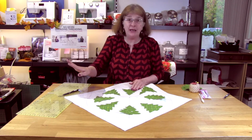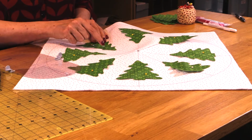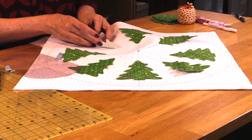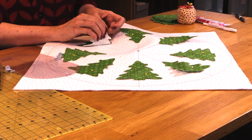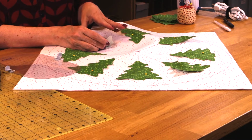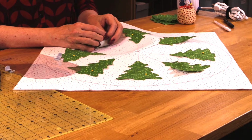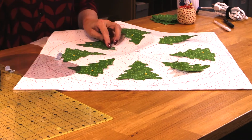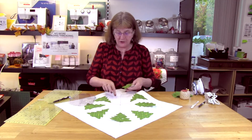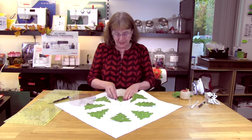So you're going to skip past the crosshair, and then you're going to put your green thread in, and it's going to stitch an outline of the tree. Then you're going to take your paper off the back. Don't forget to take the paper off the back, because if you stitch this down with the paper on it, it's going to crinkle, and we don't want it to crinkle. We actually want the fusible webbing that we have put on the back here to iron down. So we're going to stitch out the outline, peel the paper off the back, lay it down,